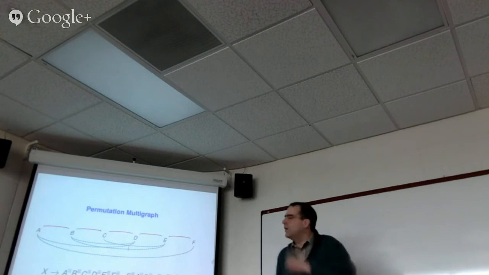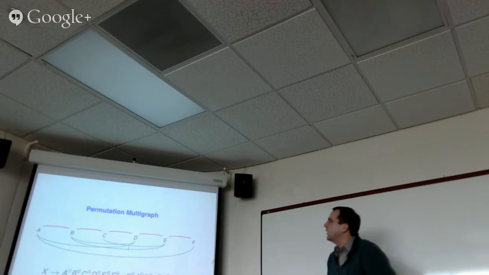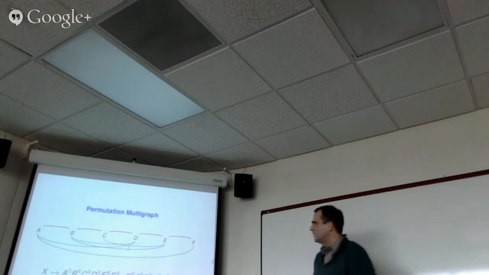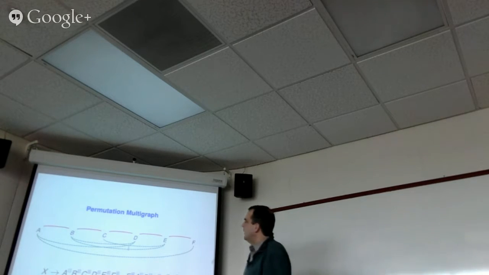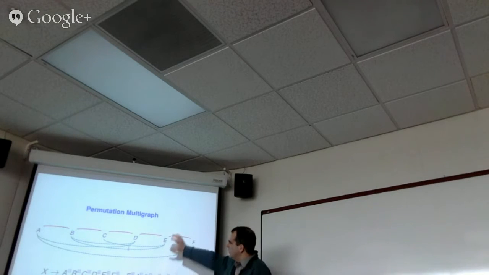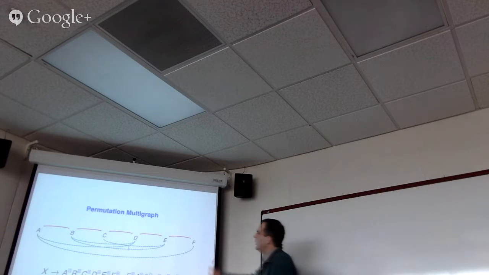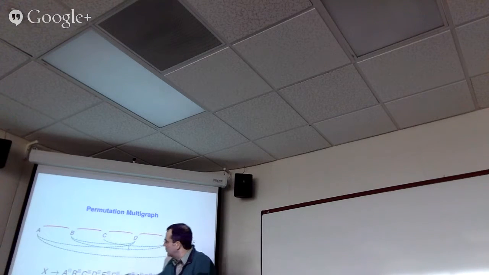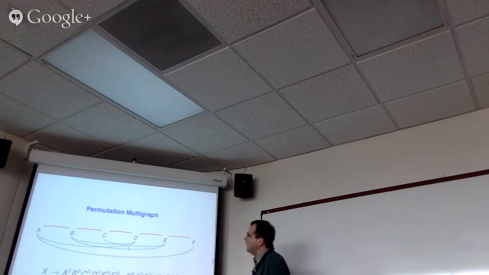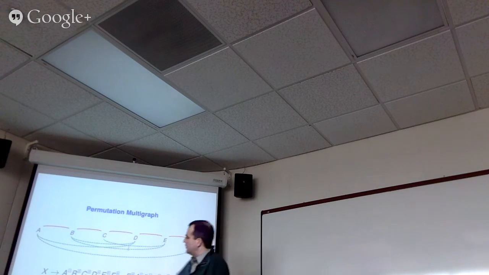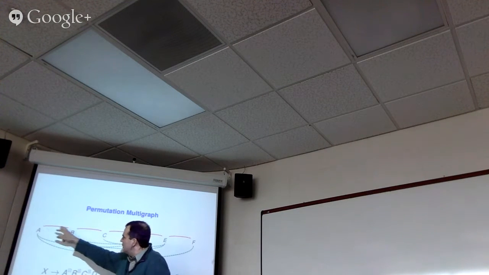Okay, so here is a way of representing this problem with a graph. We define what we call a permutation multigraph. For this rule, you can make this permutation multigraph. The graph has a vertex for each of the non-terminals on the right-hand side of the rule, A, B, C, D, E, F. And it has a red edge if the 2 non-terminals are adjacent in English, so A,